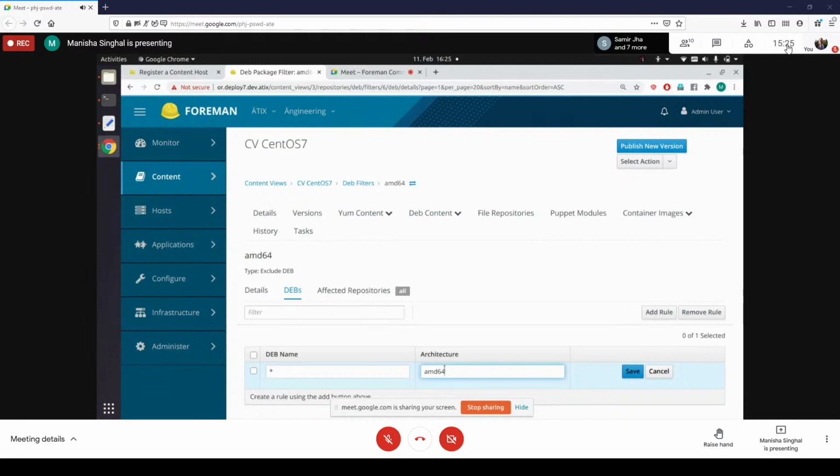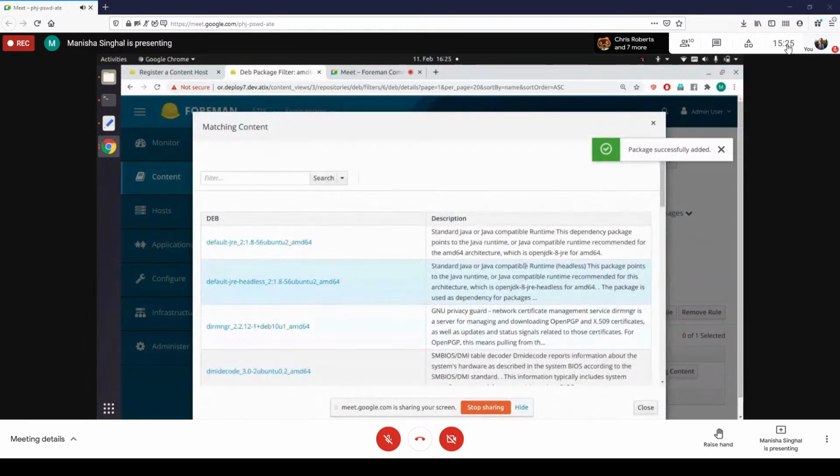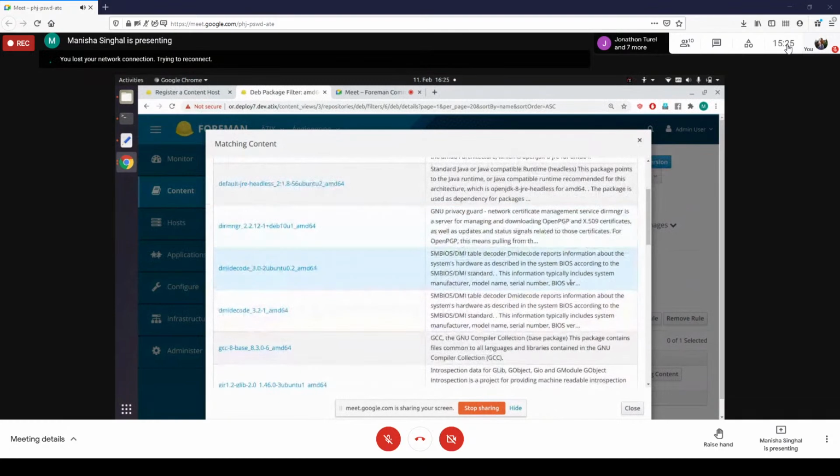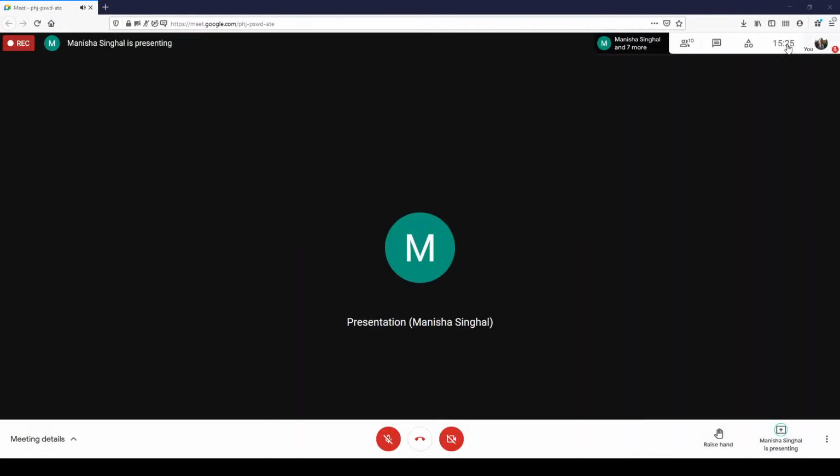So this show matching content shows what packages will be included or excluded in the next content view version, not the packages that are going to be in the content view version. So here are all the packages that will be excluded in the new published version of the content view. So if I publish it now,